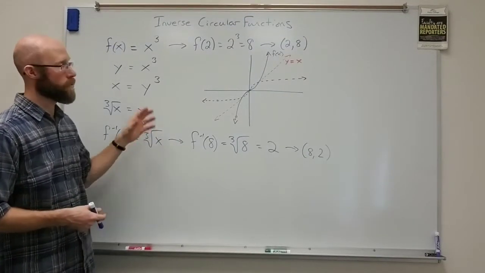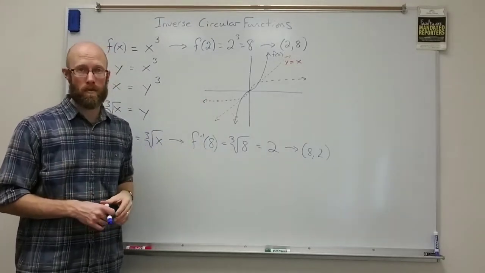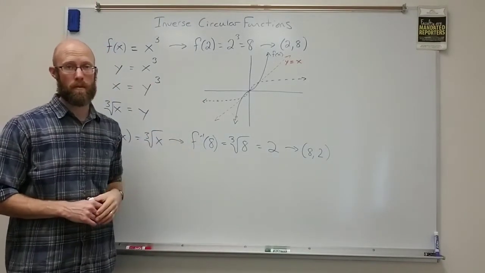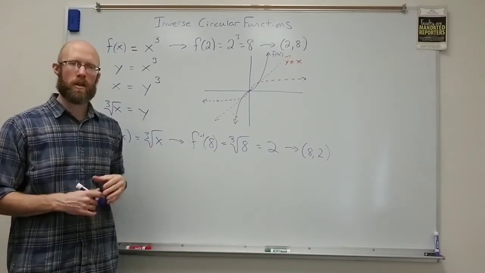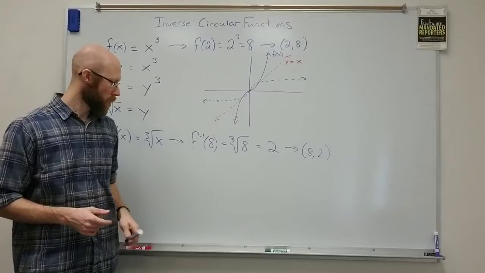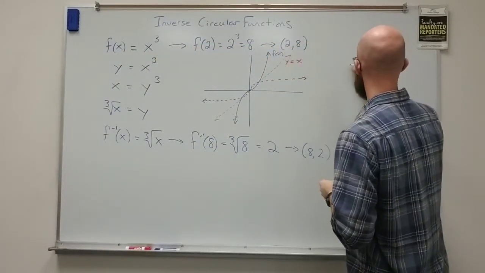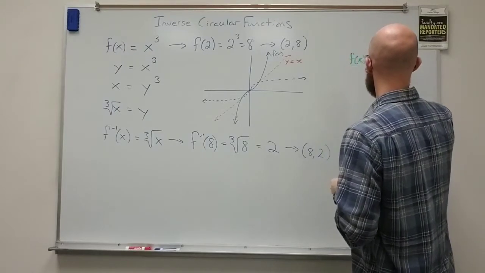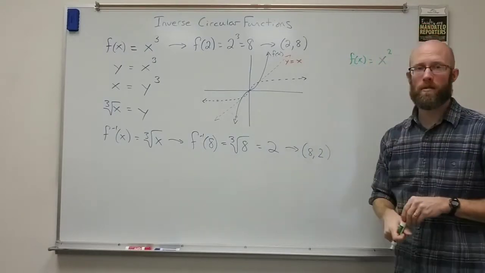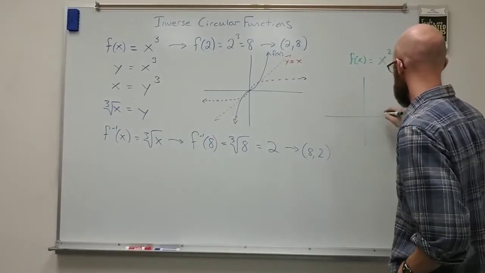We can find inverse functions for a variety of different types of functions. The x cubed is a good example. Linear functions, for instance, have inverse functions. But there are some functions that don't. An example of a function that does not have an inverse is the x squared function, a parabola, right? This one doesn't have an inverse